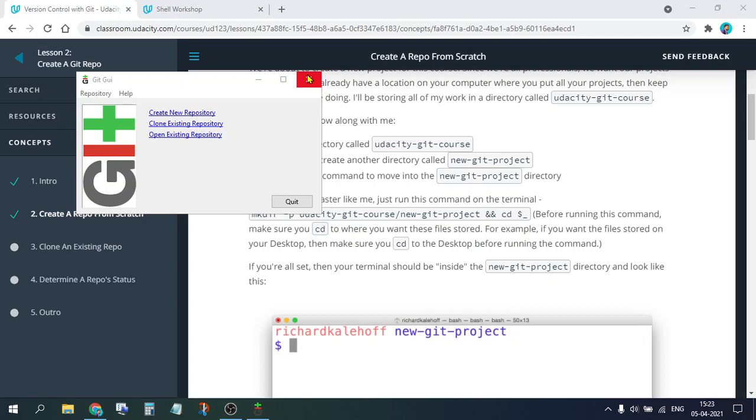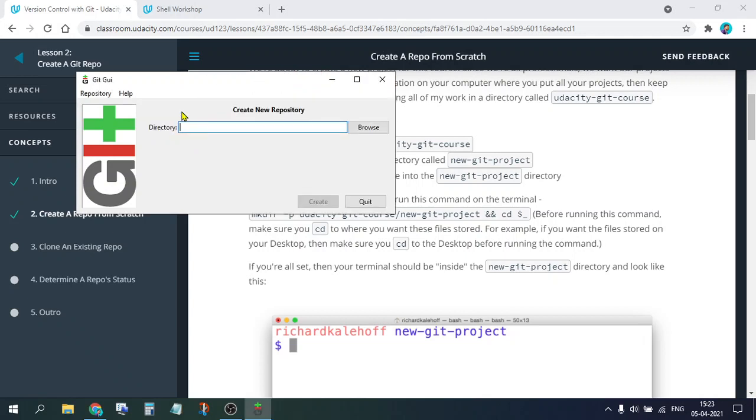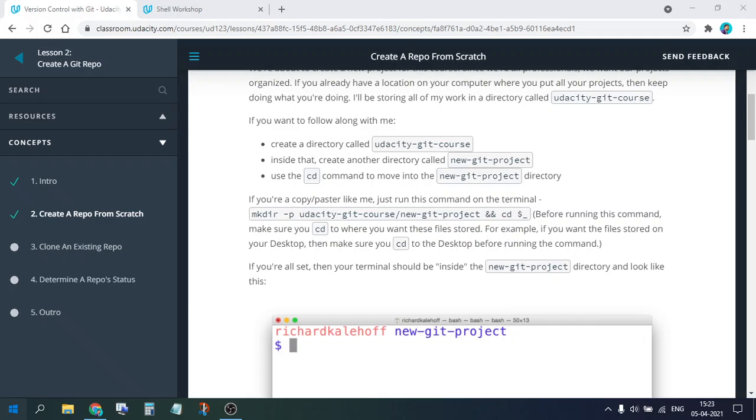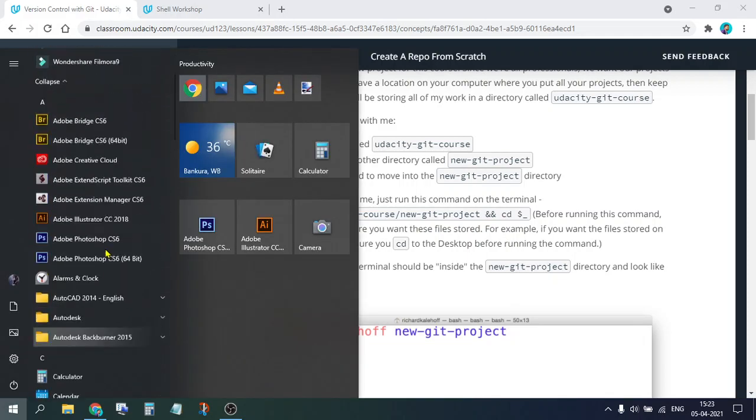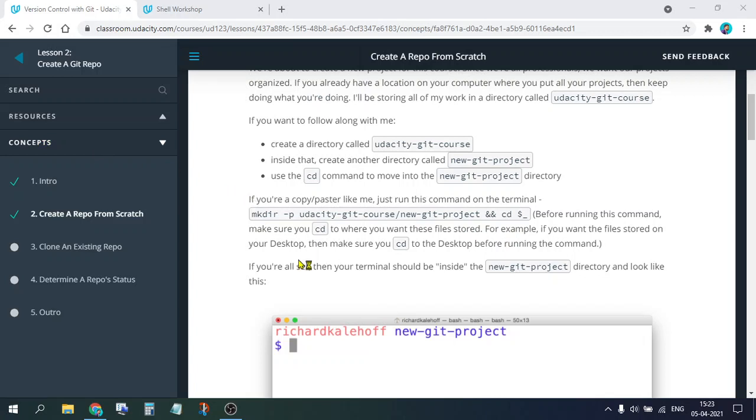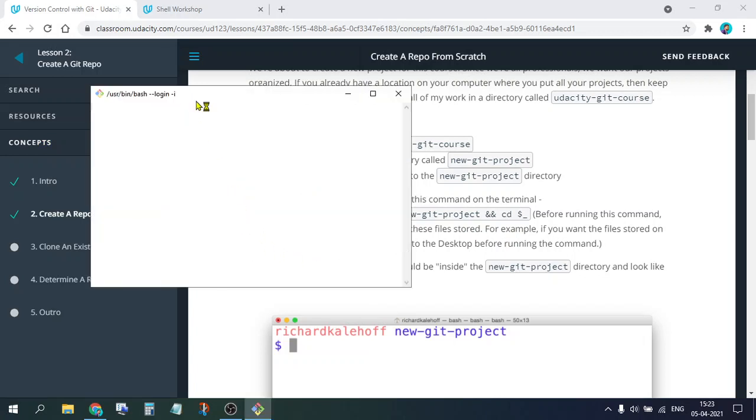Oh, let's see. Oh, there's something new. It is helping me. Git GUI expand. Let's see, Git Bash. Let's see what this is. Yes, this is